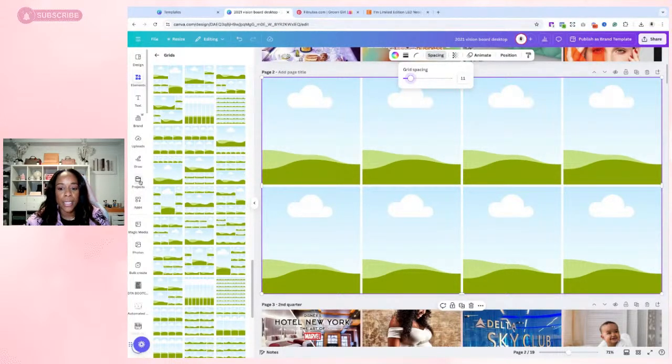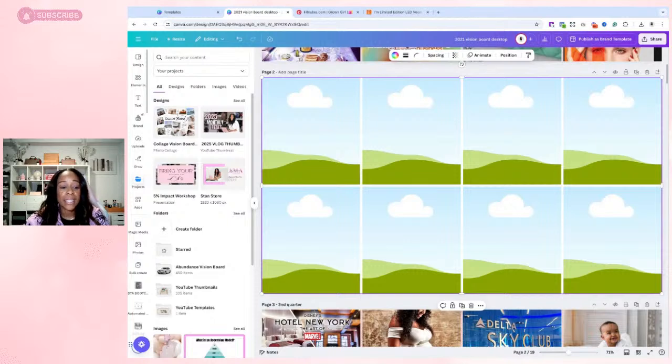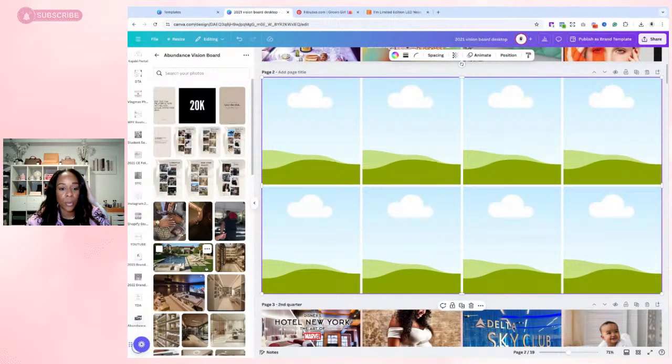Now, I'm very organized when it comes down to wanting to know where my stuff is. Now, I need to clean up Canva, don't get me wrong. But after doing these vision boards for so long, I've learned how to put them in a folder just like Pinterest, because I find that I use the same pictures over and over again, especially if I'm just manifesting what I did in a previous season, but maybe bigger, or there may be some things that are more of a long-term goal. So I actually have a folder called Abundance Vision Board. So I'm just going to drag and drop some of the stuff that I've used.